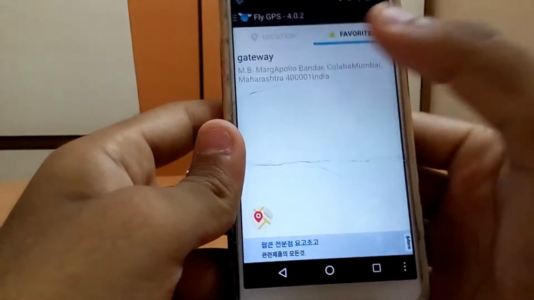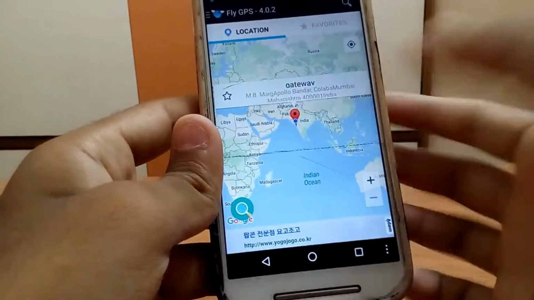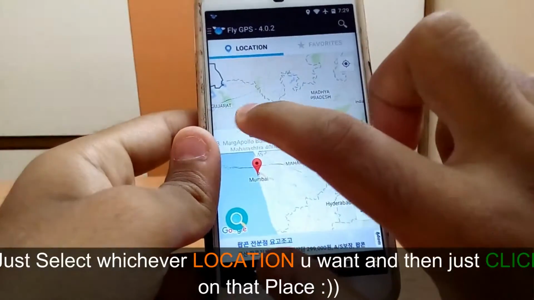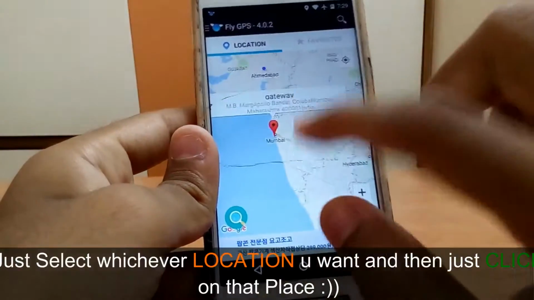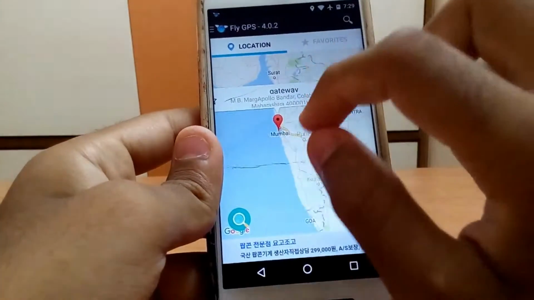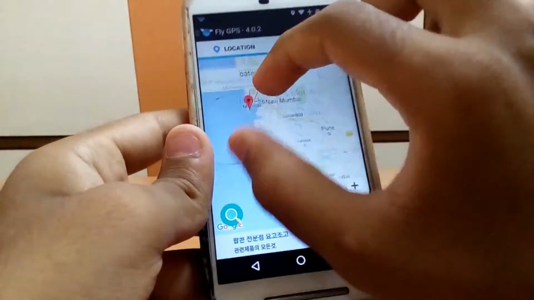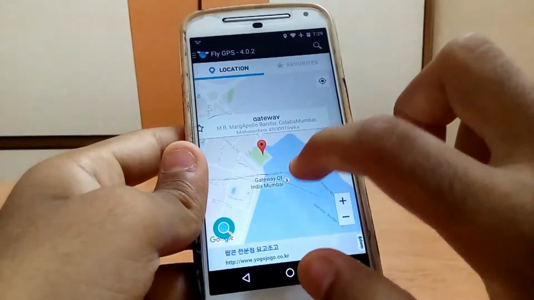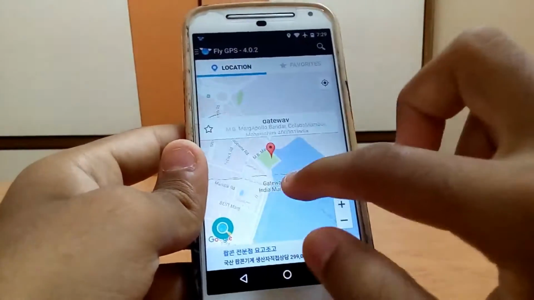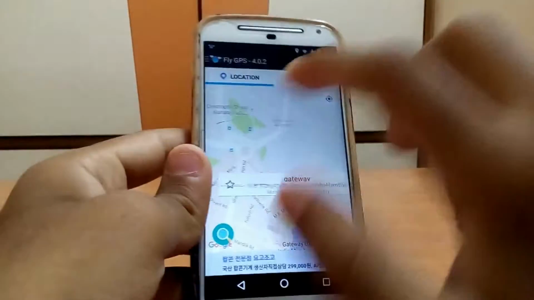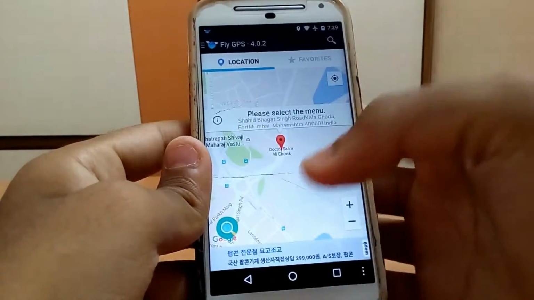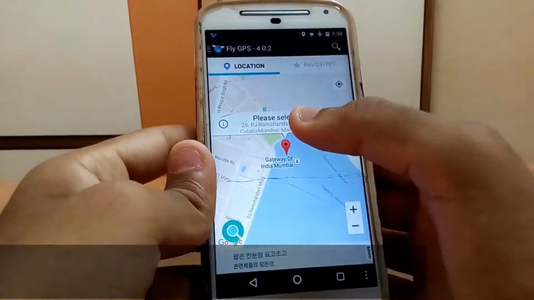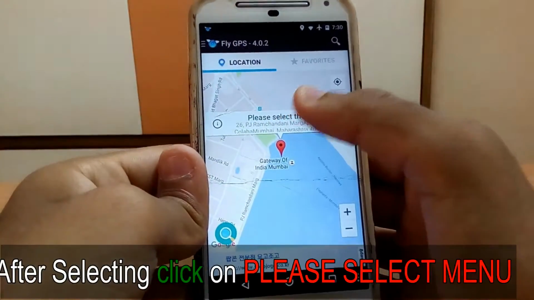First of all, you have to click on that. Okay, so at the Gateway of India, my actual location is here in Gujarat, but I want to jump to the Gateway of India. Let me zoom in. Okay, so this is basically the Gateway of India, and if I want to jump there, you just have to click wherever you want to go. For example, I want to go here, so you just go to this icon.